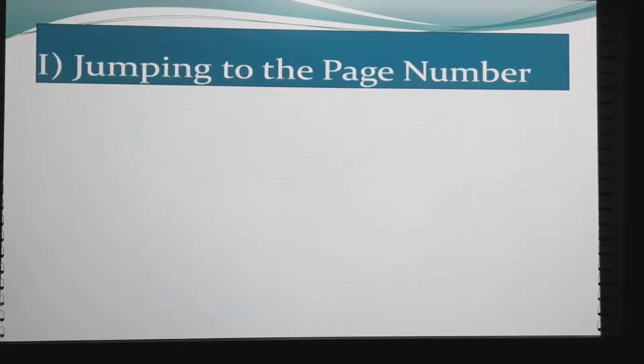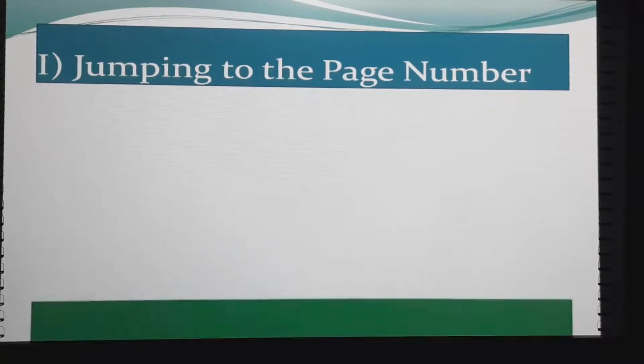Suppose we are working on a document which consists of a set of 9 to 10 pages. Say we are working on page number 6, and while going through that particular page, I came to know that some mistakes or errors have crept in on page number 1, and I would like to go back directly to page 1 and correct those mistakes. In such a situation, this feature of text editing is very useful.